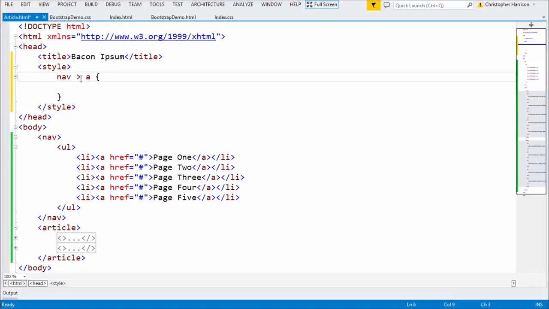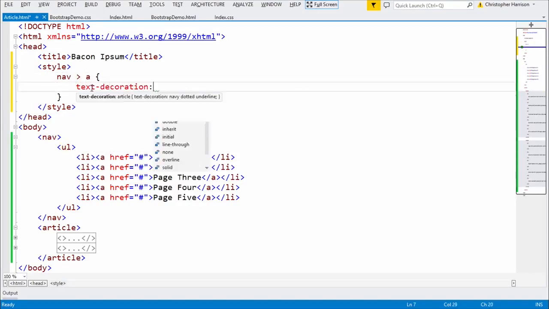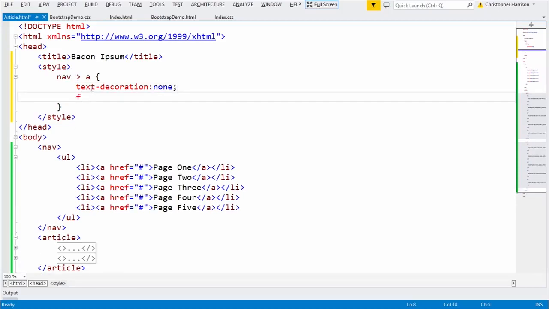So remember that with that little angle bracket, what that's going to mean is it has to be a direct child. And if we take a look at our structure here, what we're going to notice, there's all of our anchor tags. Those are obviously not direct children of nav, because they're all inside of LI, all inside of UL. List item, unordered list. And then nav. So this is not going to work. So if I go in and I say text-decoration none, and I say font-weight, and let's say bold, what you're going to notice is if I